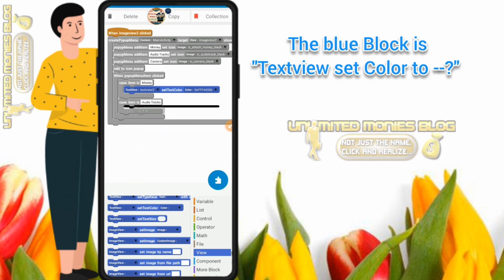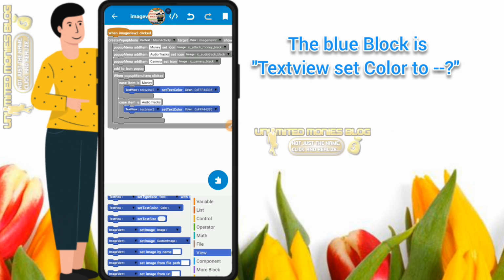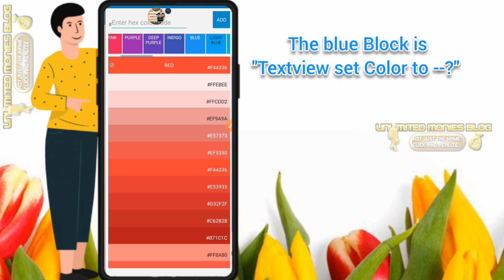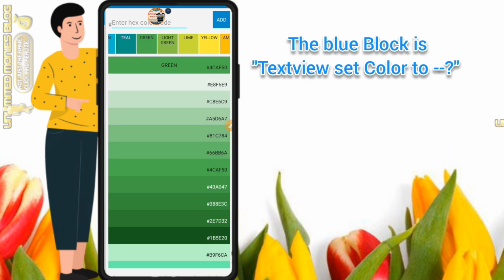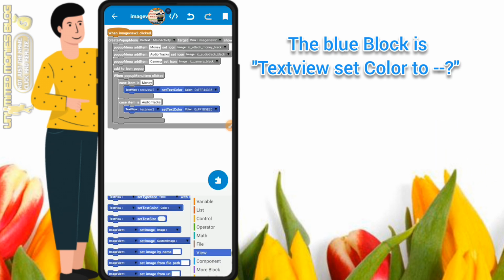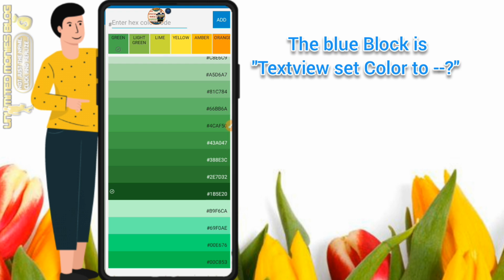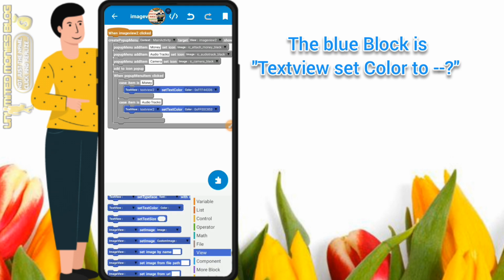So if it is audio track, what is the color? If it's audio track, that text will change color to green. I believe you understand it. Let me make it light green so that when it's changed you can see it. So if it is audio track, it will change to green. Okay, now if it is